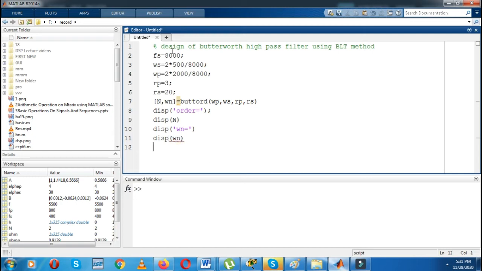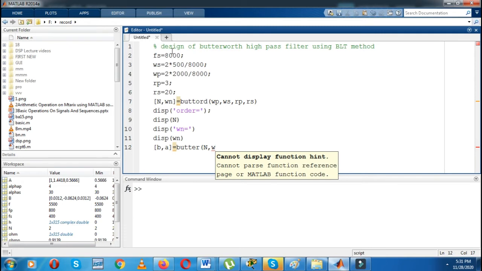Finally now I can apply the filter. So B comma A is equal to butter N comma Wn comma, in single inverted commas, high, bracket complete.